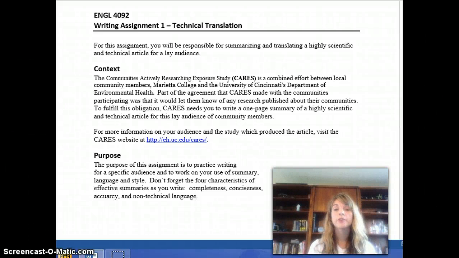Okay, for your first writing assignment, you're going to be writing a technical translation. And what that really means is that you're going to be writing a summary of a technical scientific article for an average reader. Somebody maybe with the education level of, say, an eighth grade graduate, a high school student. And this is important because in this particular instance, you're summarizing this article for the communities actively researching exposure study,